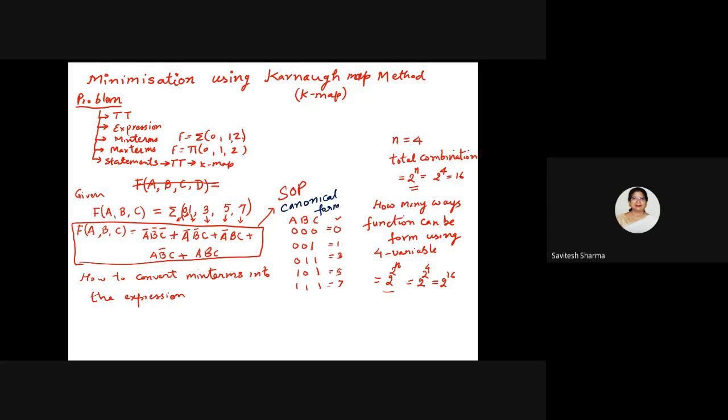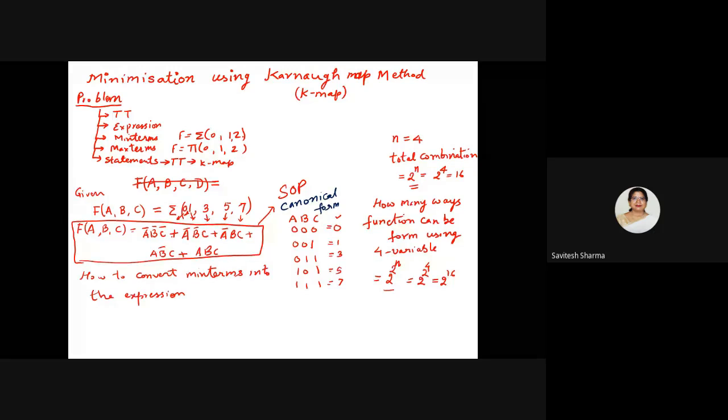So what do you understand? I have min terms and I convert this min term function into the canonical form. And what I found here, if you realize this function using this form, how much hardware you require? Anyone please tell me? If you have this expression and you want to convert this expression into the hardware, how many gates you require?